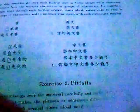So then, at the end of every lesson, they have a review of all of the characters. And then the thing that I like about this is that at the end of every lesson, they have special combinations, so you have more vocabulary. And then they start to have more different types of exercises. So eventually you're going to be reading some pretty long